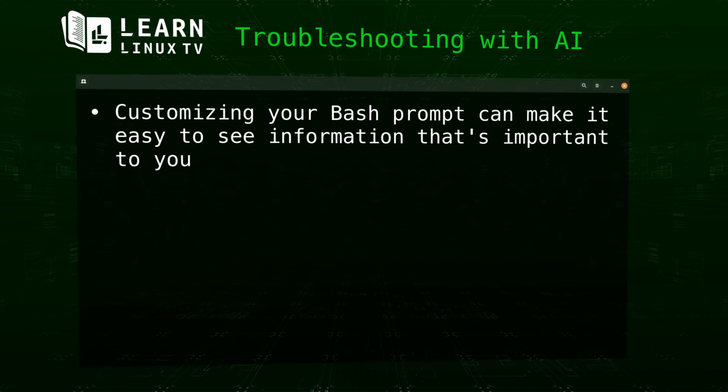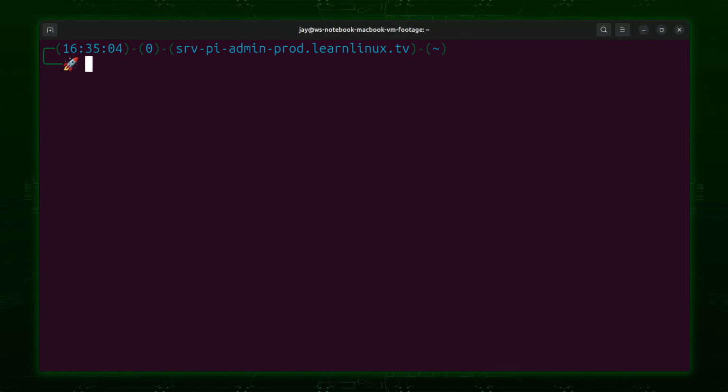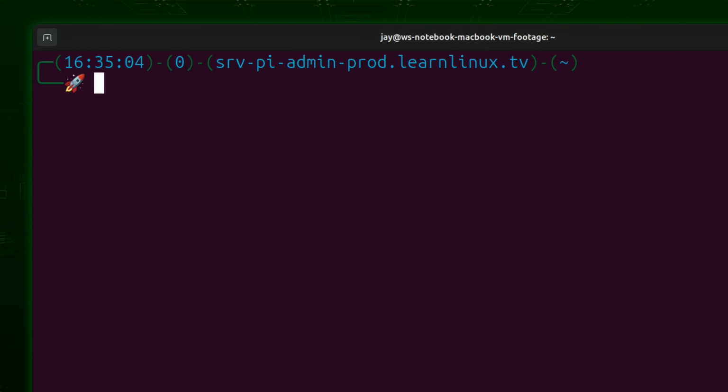For an example of this, consider my bash prompt. Now, I didn't have AI generate this one. I've actually been using it for a number of years now. In my case, I see the current system time, the working directory, the number of jobs I have in the background, and I also have a line return right before the command function, so that way I make better use of my terminal real estate. You can get a lot of use out of a customized prompt, believe it or not.